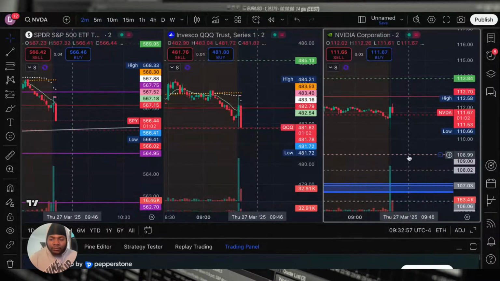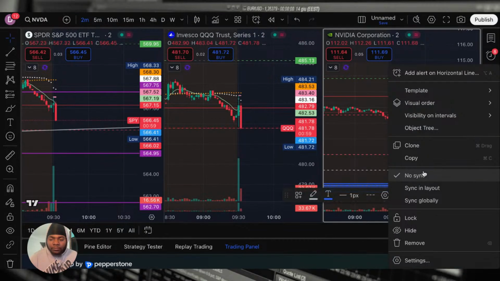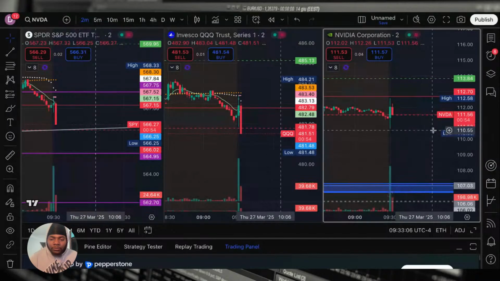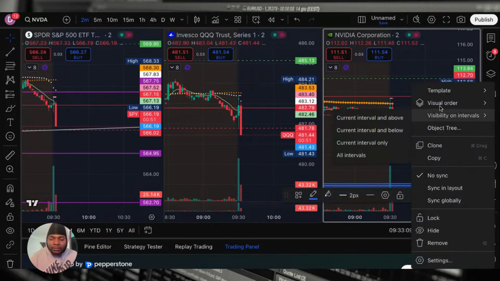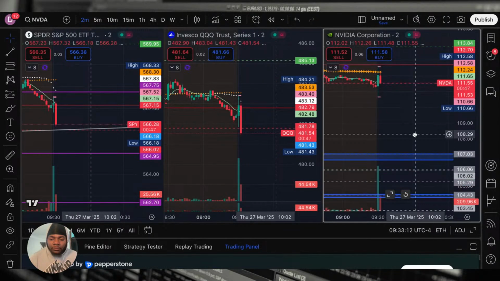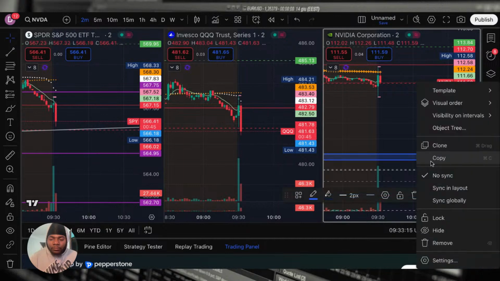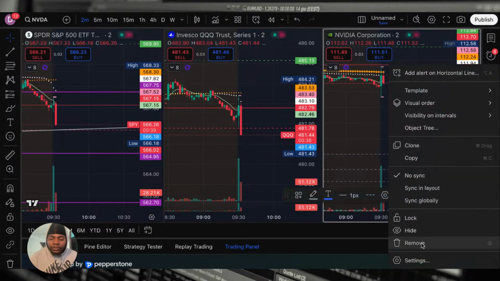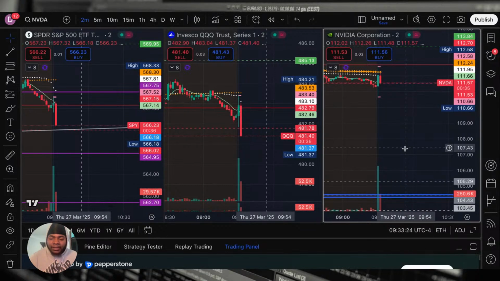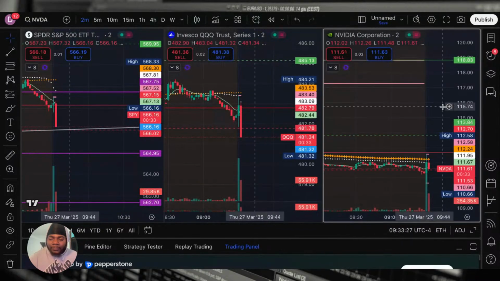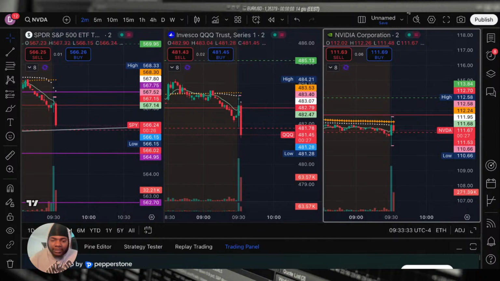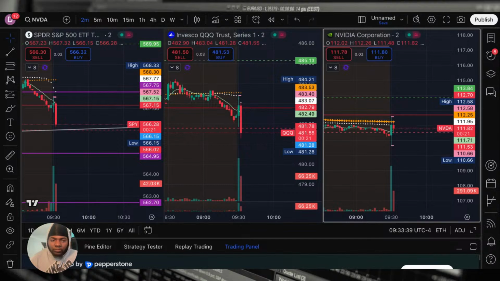Take them levels off. QQQ downside. I got some old levels I need to delete. Every time I pull up three charts, it started bringing up my old levels. I still ain't figured out how to fix that on TradingView. All right, so we move toward the downside here a little bit. We got AMD, Amazon.